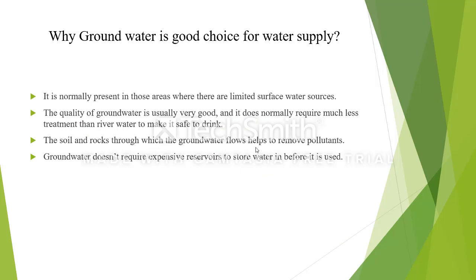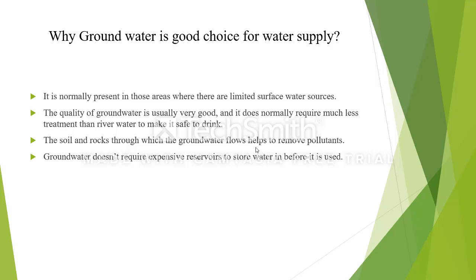So why is groundwater a good choice for supply? Because people mostly use groundwater. It is normally present in those areas where surface water is limited. It means that where there is a lack of surface water, people extract groundwater. The quality of groundwater is usually very good, and it normally requires much less treatment than river water